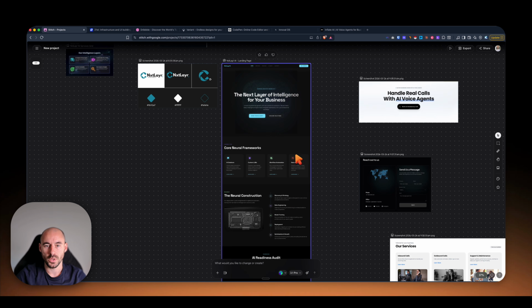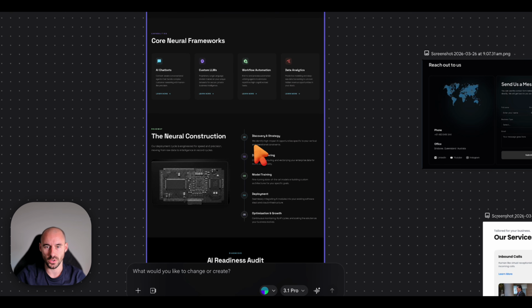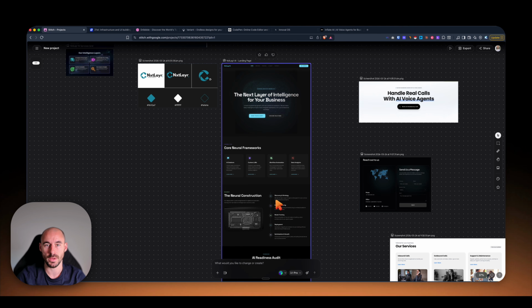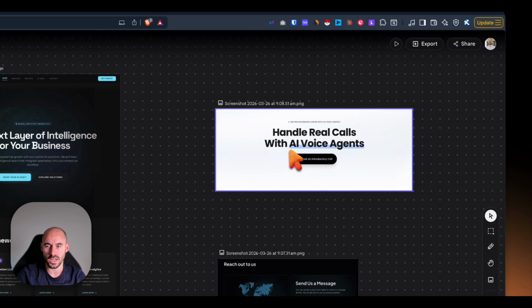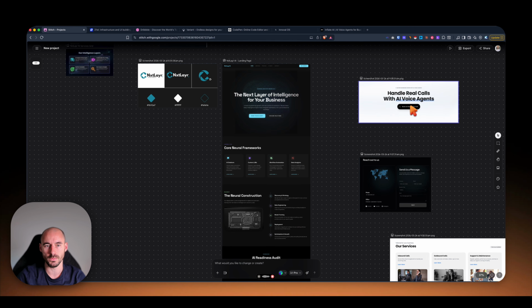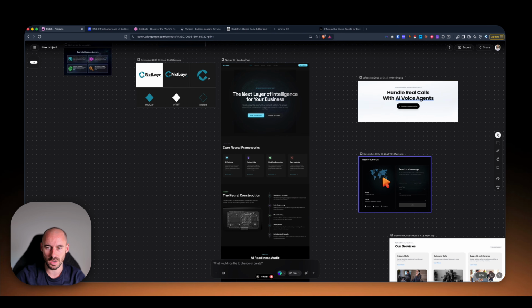Okay, I think it's done a pretty good job. It's got a decent outline, but I think it's too technology focused. I want it to be more approachable for people that are visiting my website that have no idea about how AI agents work. So I want to do a couple of different things. I'm going to instruct the AI: Looks good. Can you add the handle real calls with AI voice agents section to the top? I want the site to feel more approachable and more accessible to people who may not understand technology or AI as well. The reach out to us section in the screenshot, the second one that I've just highlighted, is a